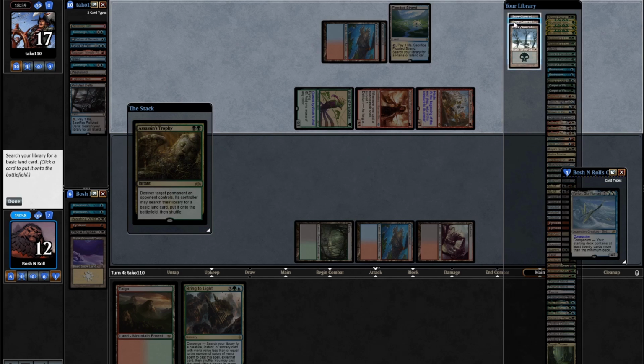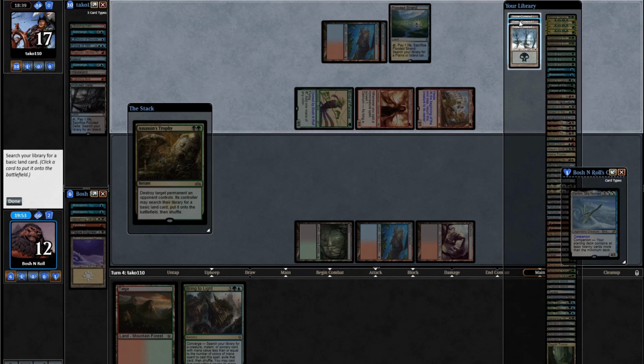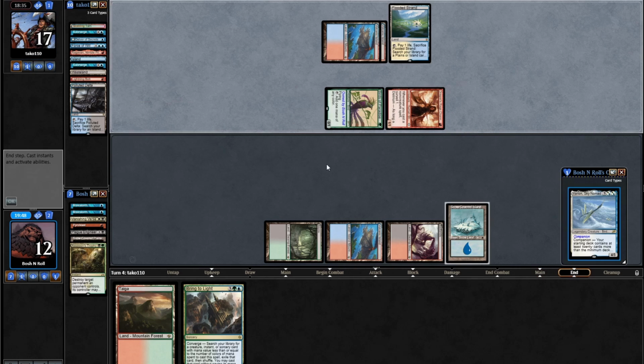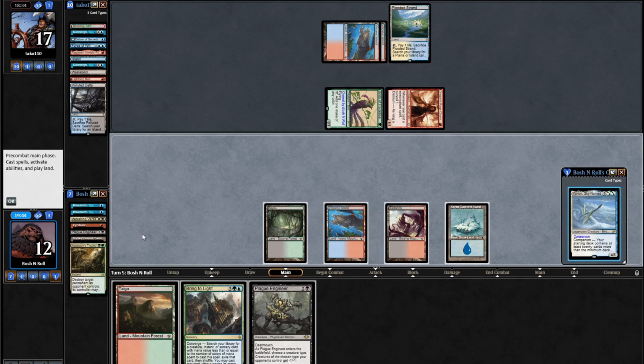And I think that I want... I have 2 green sources already. Yeah, I don't want to get taken off blue, so I'll grab the island. I can still Bring to Light for 4 colors, which casts Supreme Verdict, but the Ragavan dashing is actually just better than it being in play. Come on, white source. Alright, I'll take that too. So I can play